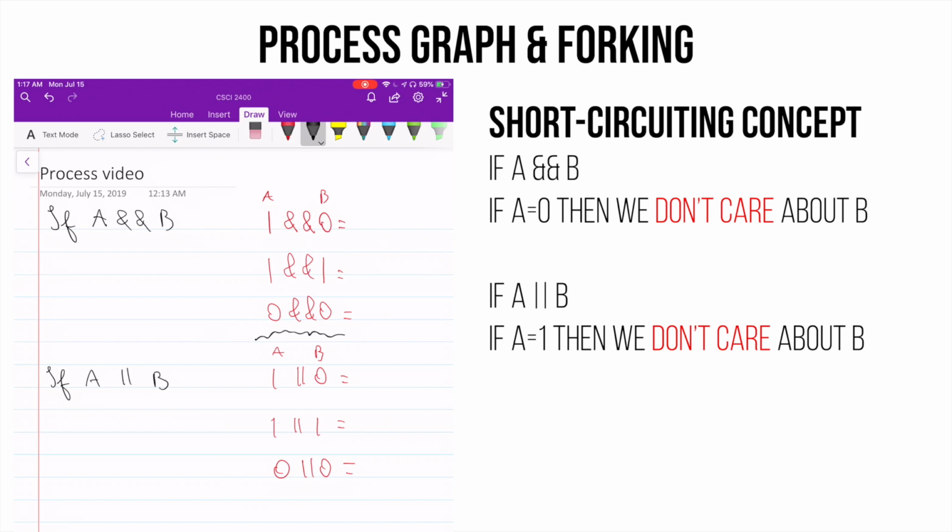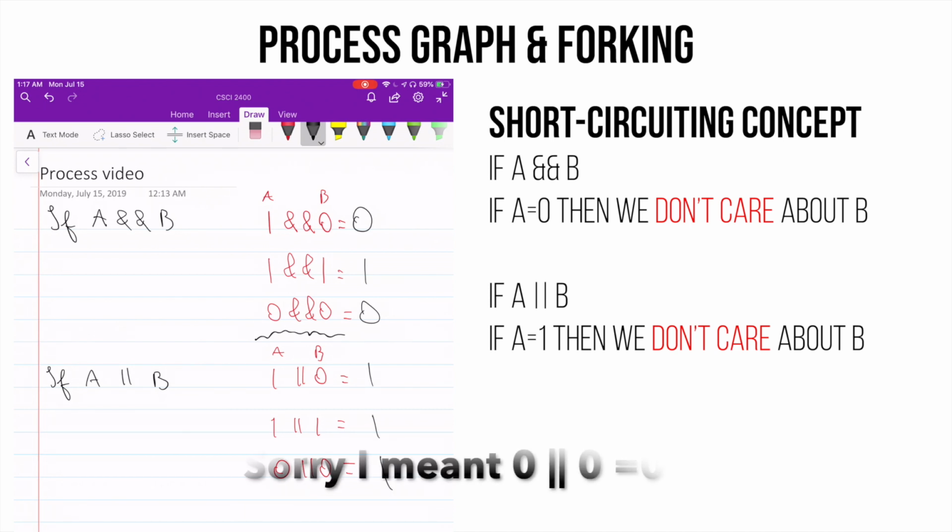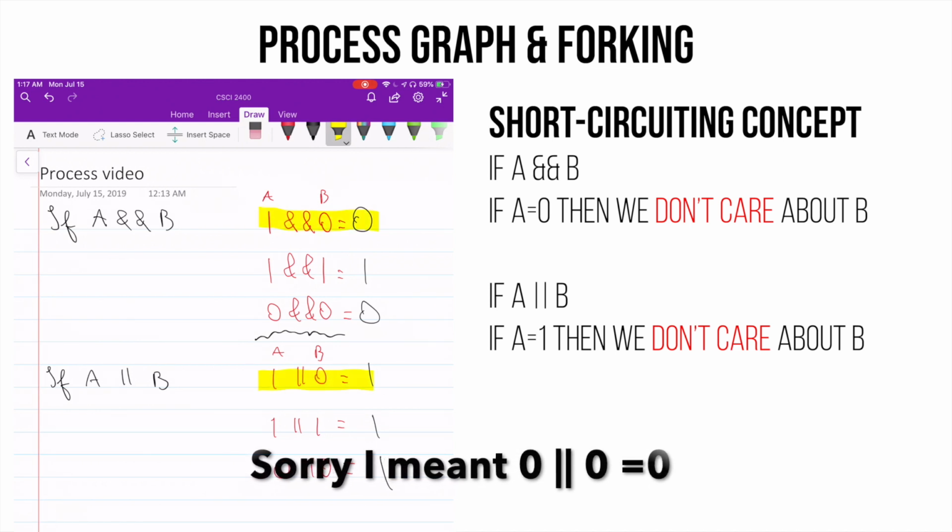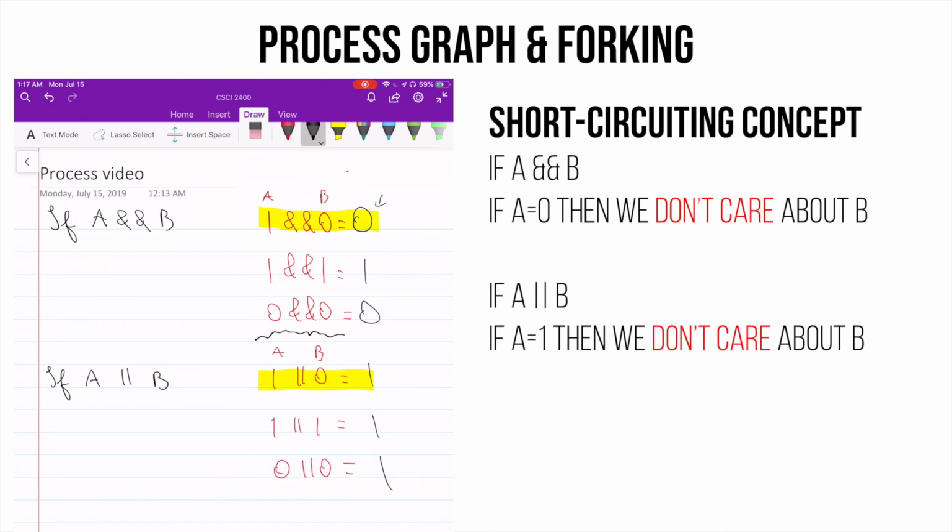Okay, 1 and 0 is 0, 1 and 1 is 1, 0 and 0 is 0, 1 or 0 is 1, 1 or 1 is 1, 0 or 0 is 0. Cool. This is important and this is important. And this here, it's the same as,